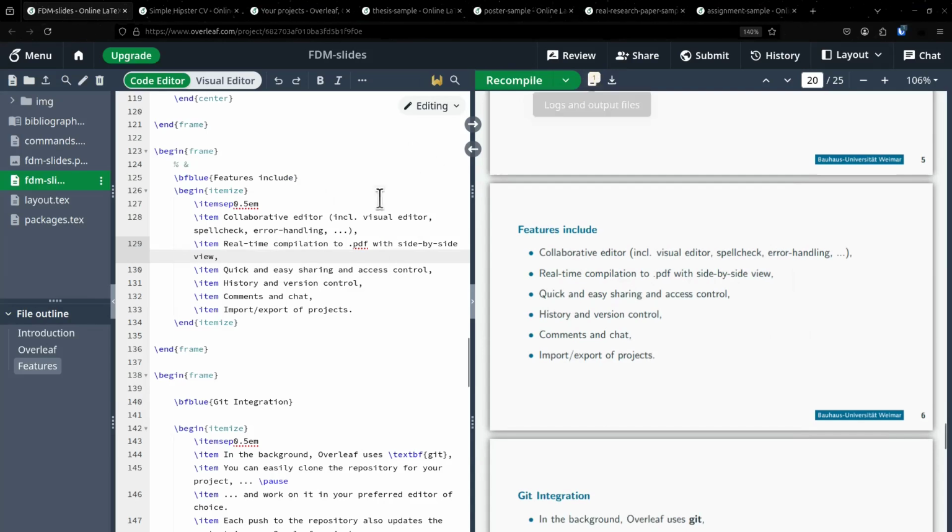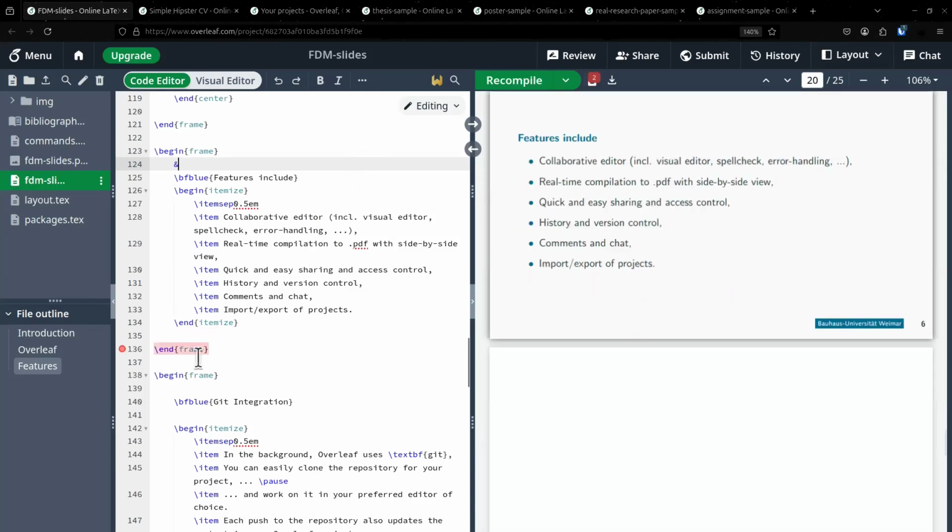Usually you can ignore some of the warnings, but I will add an actual error here. So I will uncomment this ampersand here. Ampersand is a reserved symbol in LaTeX, so you can't just use it like this. You could escape it, that would be fine. But like this, it will throw an error. I will compile, and I will see that it's giving me an error here because it's in the frame